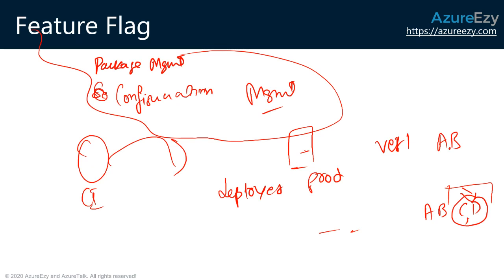Microsoft uses preview and those naming conventions. You can use something else, but you want to control that particular feature. That's where feature flag comes into the picture. What it does is